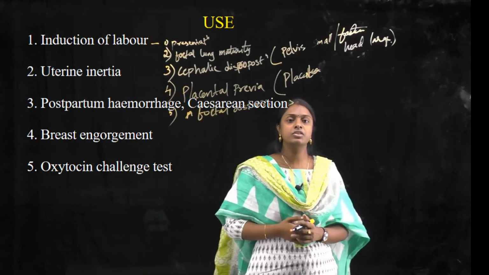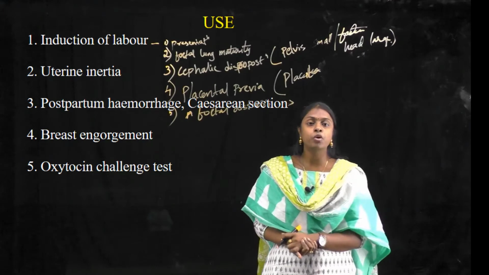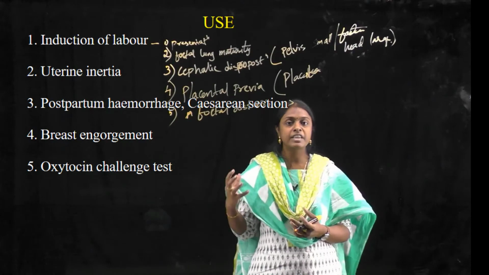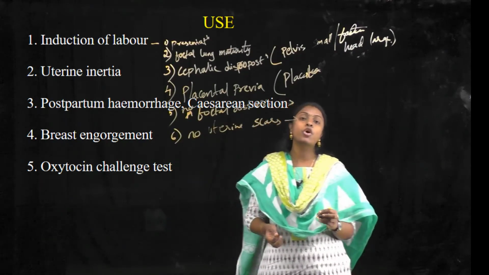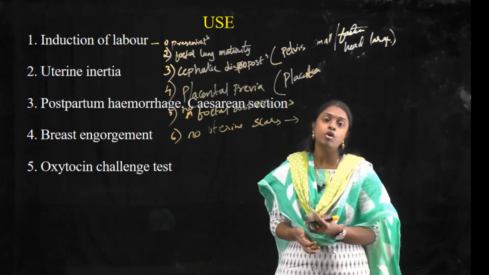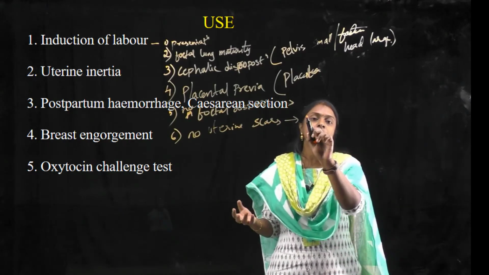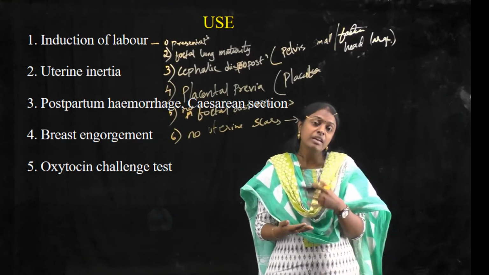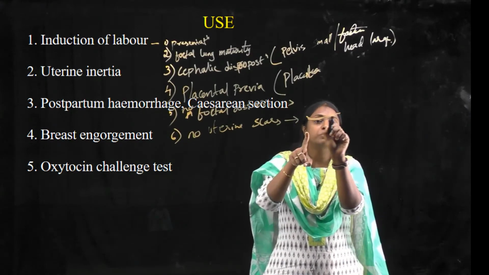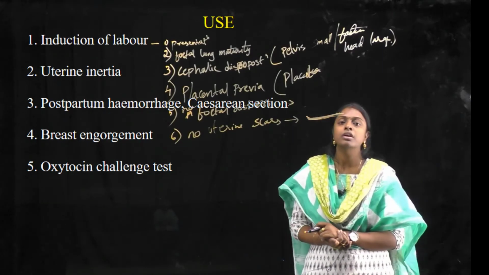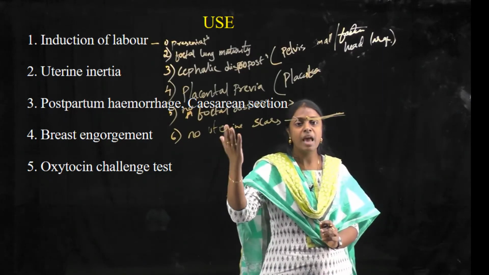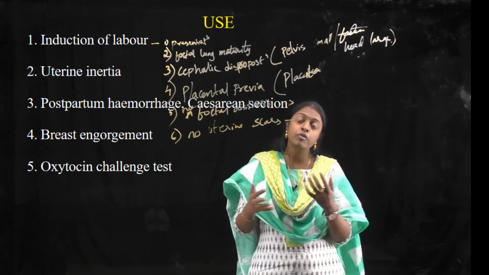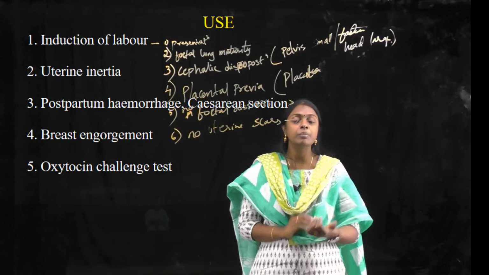So the fifth point, there should not be any fetal distress. What is fetal distress? In some conditions, the fetus won't receive sufficient oxygen. The fetus will get suffocated and may die also. So there should not be any uterine scars caused by previous surgeries. If the mother previously went through a C-section, there will be an opening in the uterus. If we give oxytocin again, this will rupture that area. That's why we should not give oxytocin when the patient already has a uterine scar. So these are the points we have to remember before giving oxytocin to any pregnant woman.